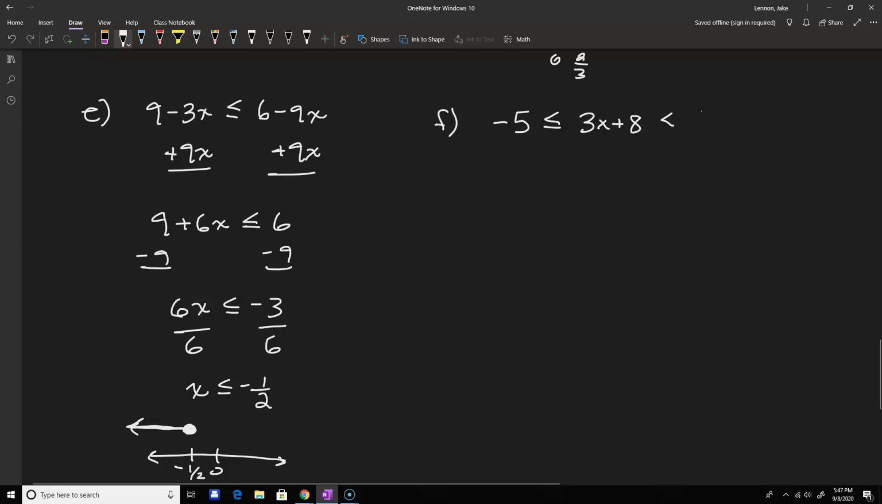So in this example, we have the 3x plus 8 in the middle. That's what we're focused on. We want to isolate the 3x to start, so we can do that by subtracting 8. So we have minus 8, and minus 8 to all 3 parts. So we have negative 13 is less than or equal to 3x is less than,